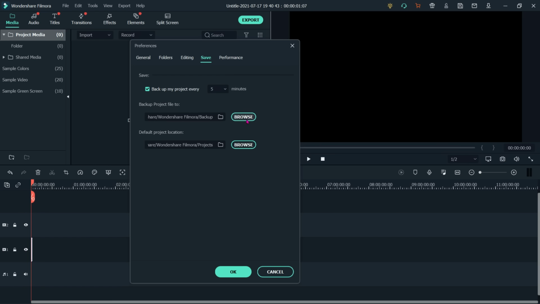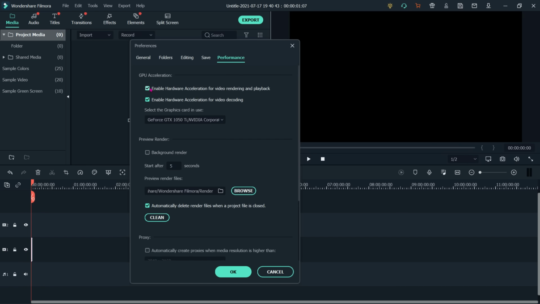You can select your location, default project location. If you are working on any project, you can select it. And performance, these are related to GPU acceleration. By default it takes whatever GPU you are using, whether it is a desktop or laptop. Background rendering, and this is the most important: automatically delete render files when a project file is closed, or you can clean by pressing it.